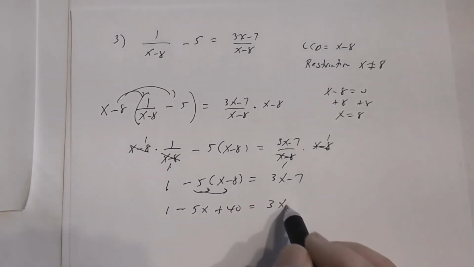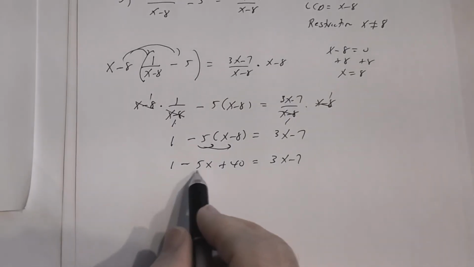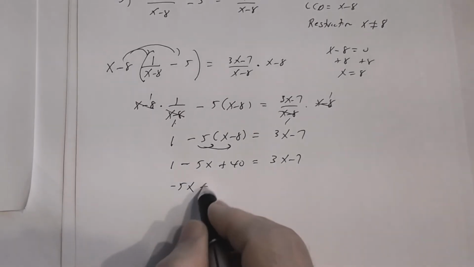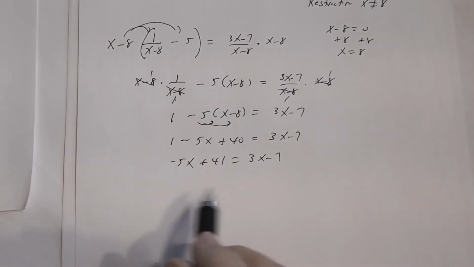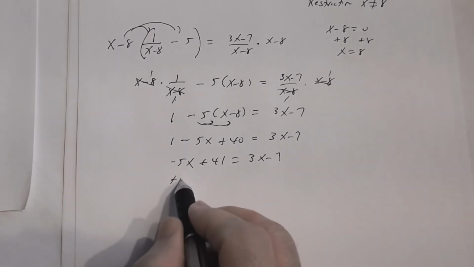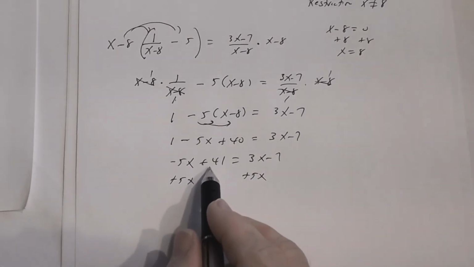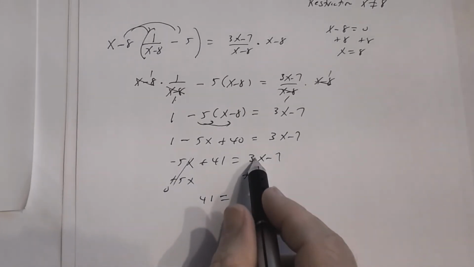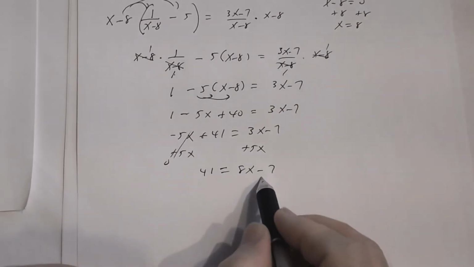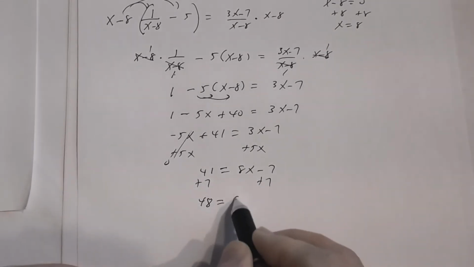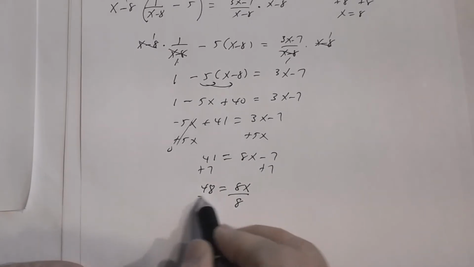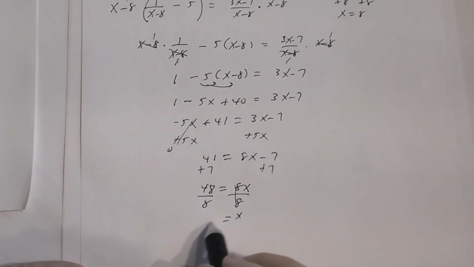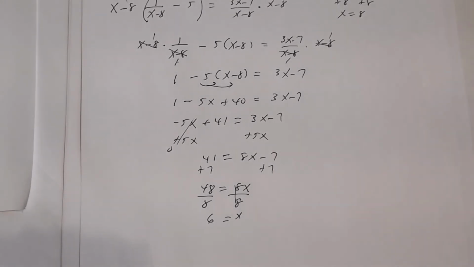equal 3x minus 7. All right, combining like terms, I get negative 5x. 1 plus 40 is 41, equal 3x minus 7. All right, what I'm going to do next is bring the variables to the right side. So I'm going to add 5x to both sides, and I get 41 is going to equal, combining like terms, you see this is 0 here, right? And then 3x and 5x is 8x minus 7. Then adding 7 to both sides, I get 48 is equal to 8x. Divide both sides by 8. I get x is, and then 48 divided by 8 is, what's that, 6? Okay? And so you have x to be 6,